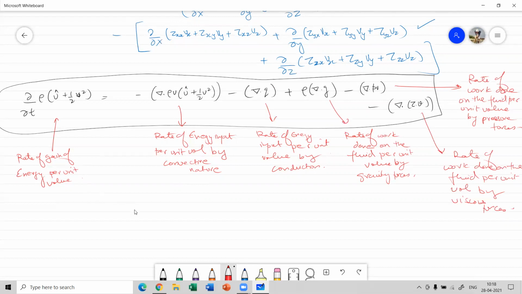So we'll stop over here for today's lecture. That is, this is what your conservation of energy is. Now, in the next lecture, we'll continue from here only, where we'll further represent these equations in a much simpler form. We'll try to reduce it in a much simpler way. So we'll continue in the next lecture.